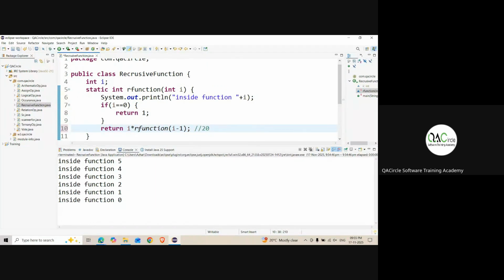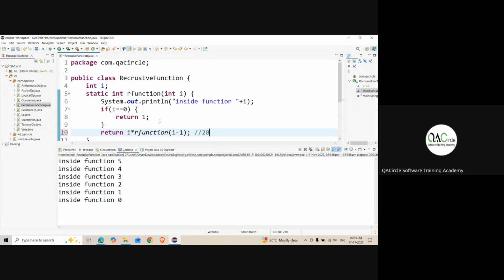Now, when it calls again, right? What is I value here? I minus 1. Now we got 20 here. 20 into I value is 4. 4 minus 1, 3. Right? Okay. So 20 into 3, 60. Now, when I value runs again,